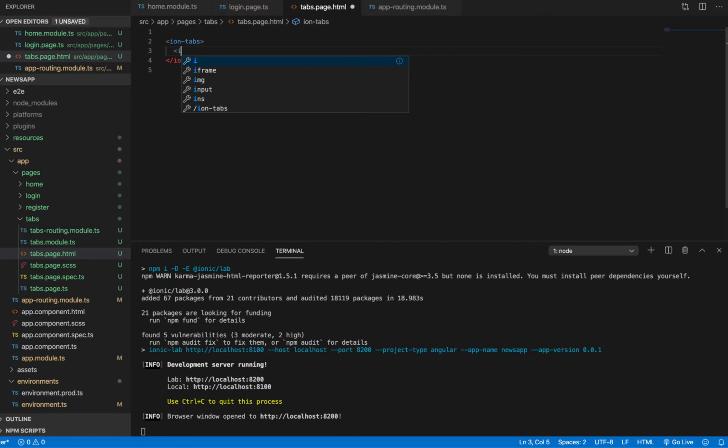So inside here we'll have ion tab button, sorry, it's supposed to have ion tab bar. So ion tab bar will have slot of bottom. We want to position them into the bottom of the application. So here we include the different tabs: ion tab button,